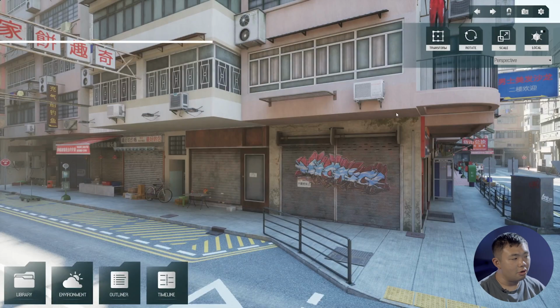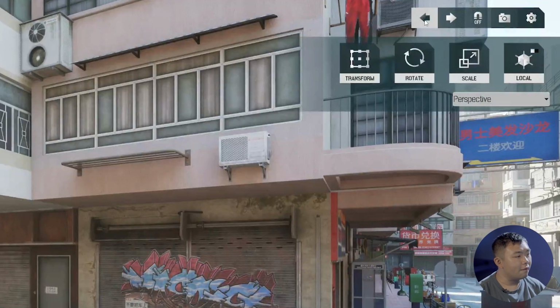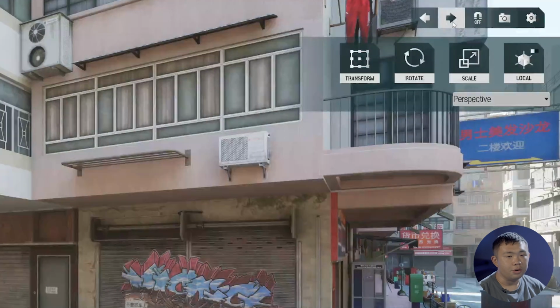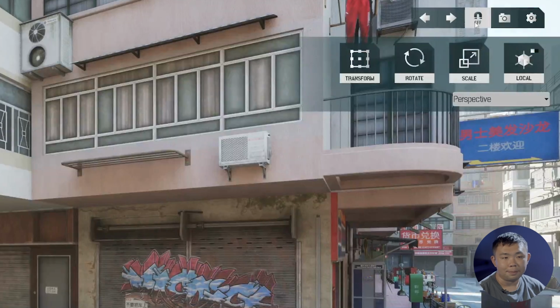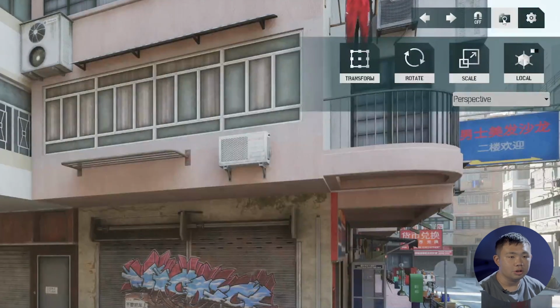Now we're in the 3D environment. Let's go through the interface layout from the top to bottom. On the top right menu, we have Undo, Redo, Magnet on and off. So Magnet is used to choose whether you want your objects to get snapped together. You can experiment with these functions yourself. And here we get Captures. So this is the function for you to capture your whole scene's environment.